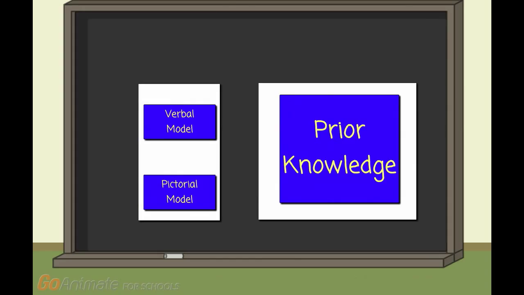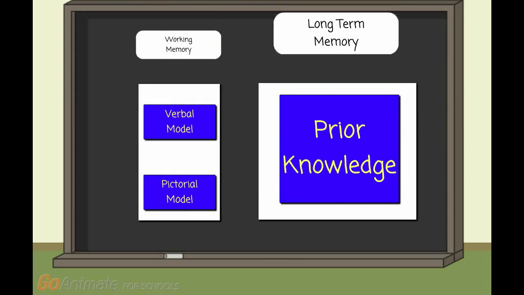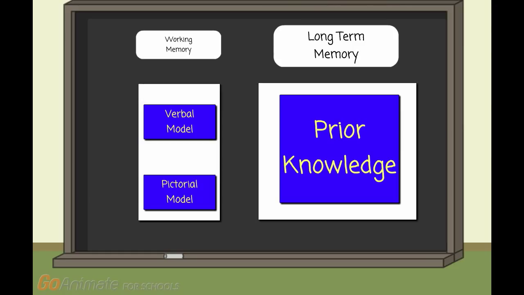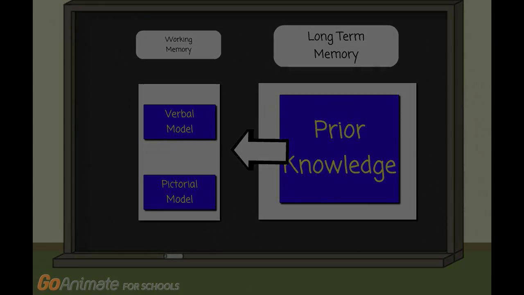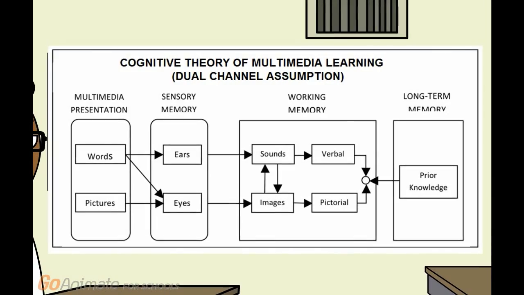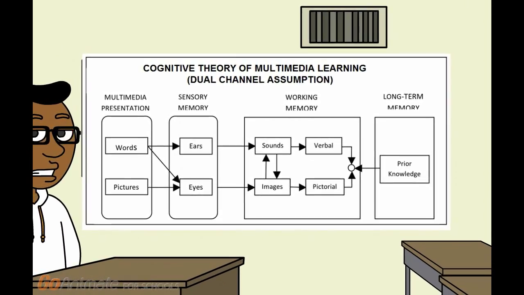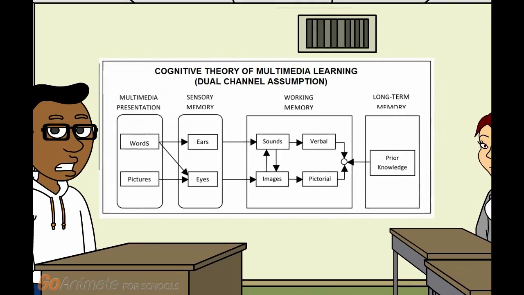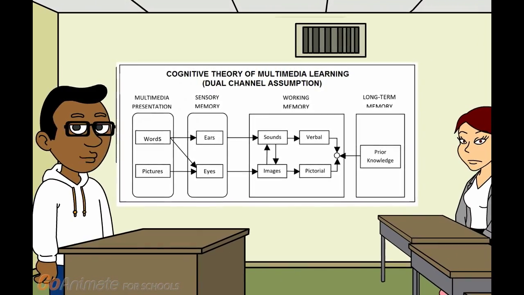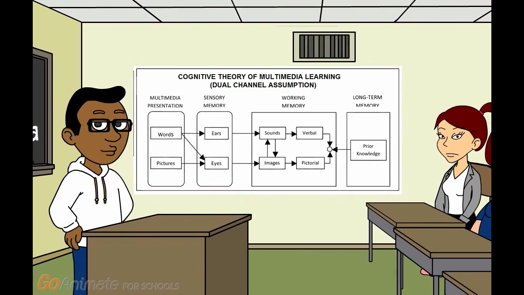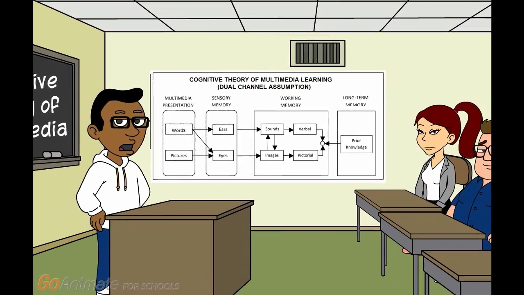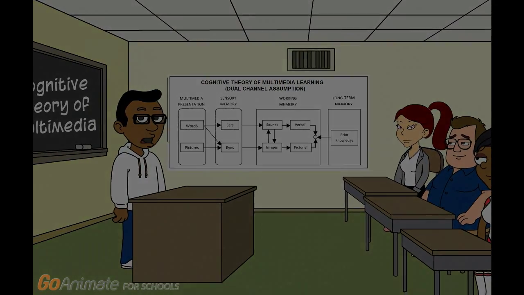So here it's important to note the differences between working memory and long-term memory. Long-term memory can hold knowledge, and it can hold that knowledge over a long period of time, while working memory is limited in that capacity. So this is where long-term memory aids working memory. The guiding idea behind cognitive theory of multimedia is that we have to be aware of how people learn, and that we have limited capacity in our working memory. And so any animation, graphics, text, voiceovers, anything that involves multimedia has to be carefully used.